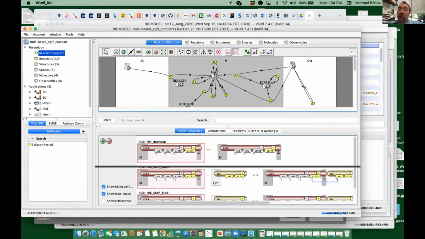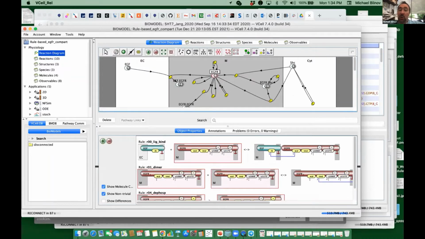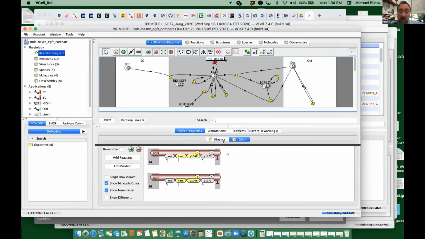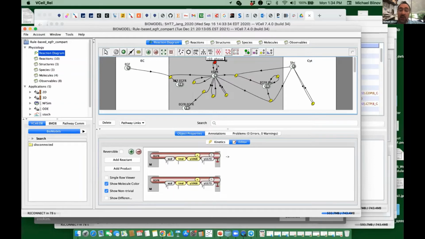So yeah, let's look at this representation. So you have an EGFR molecule. Okay, so this EGFR molecule can participate in multiple rules. So if it was unphosphorylated, it can become phosphorylated. If it was phosphorylated on another site, it becomes dephosphorylated. Then another phosphorylation reaction on another site, and it can bind to Shc. So in short, there is a way to visualize after you do rules, but that's a very good question,